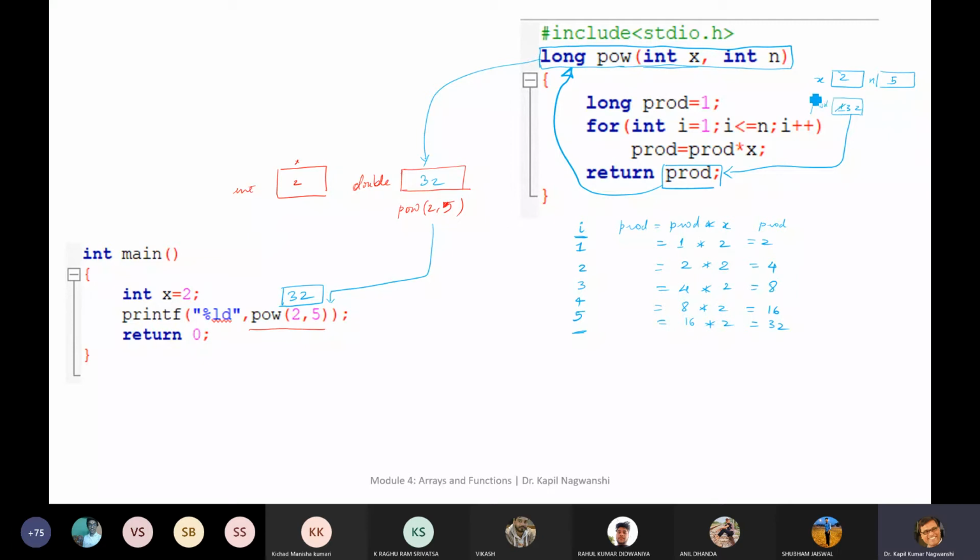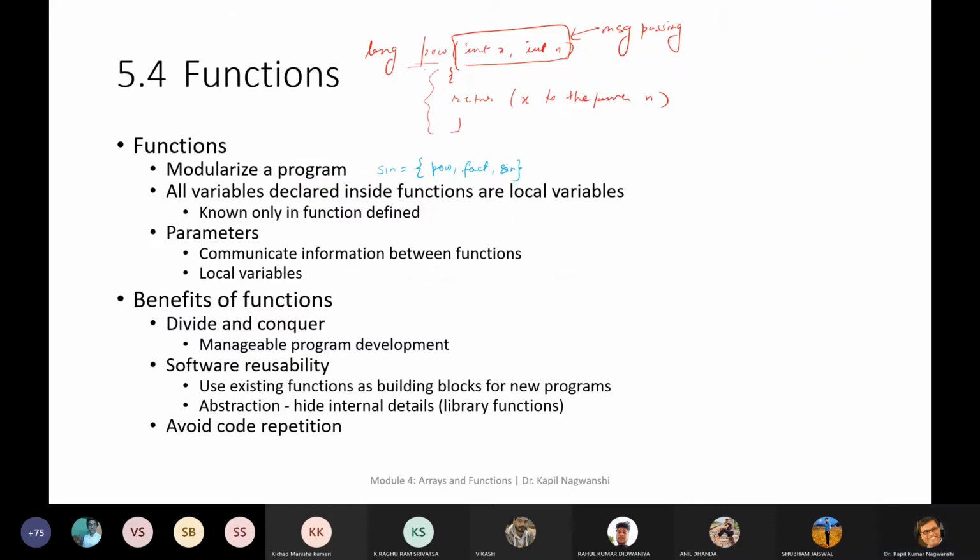Otherwise, whatever x is written here, this x is local to this function. So all these variables are local, local to the function, and known only in the function defined.